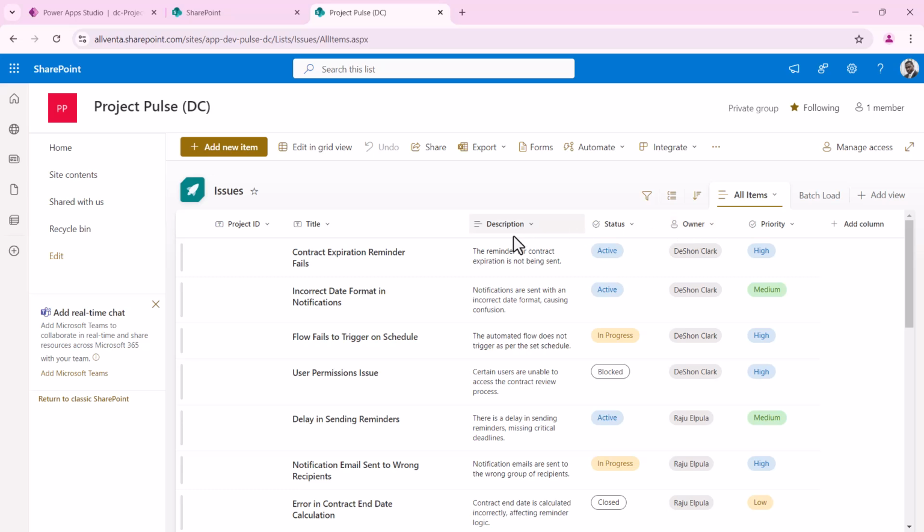I have the description, which is not shown in the mockup, but we need. And then I have the priority. And that's going to be my issues list. Very, very straightforward. Again, if you look at these icons next to the column name, it tells you the type